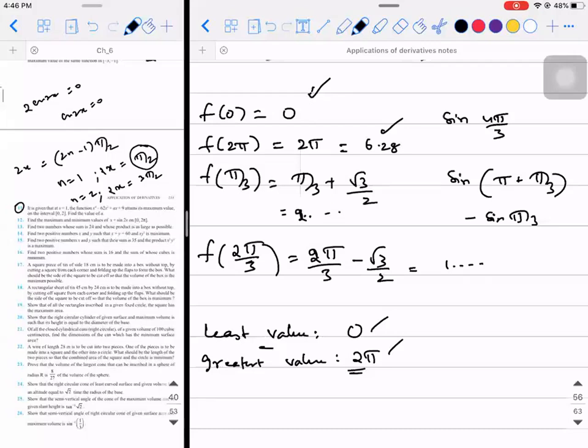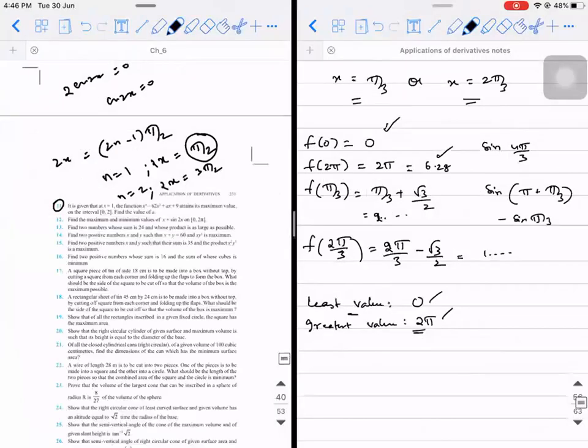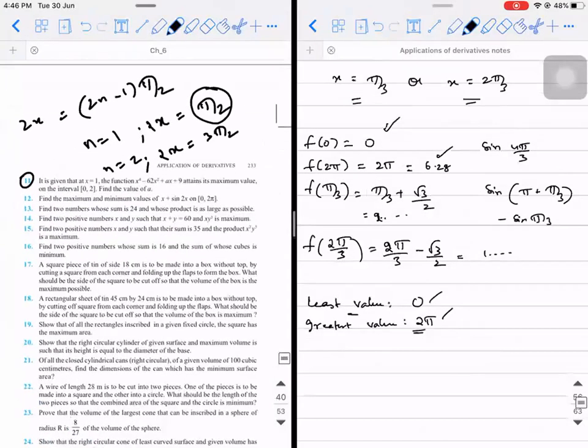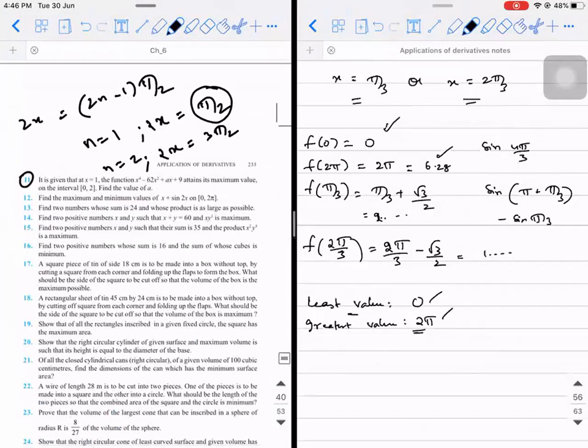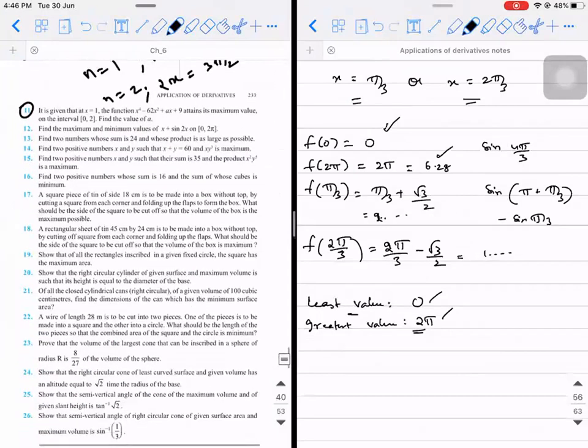The next thing that is left out is statement problems. We will do a few more statement problems. I'll end the session as of now. We will do a few more statement problems in the next class, and then I'll teach you the approximations concept. Approximations concept will take a maximum of 10 to 15 minutes, that is very simple. I suggest you practice these problems again. Whichever you felt tough, just try them again.